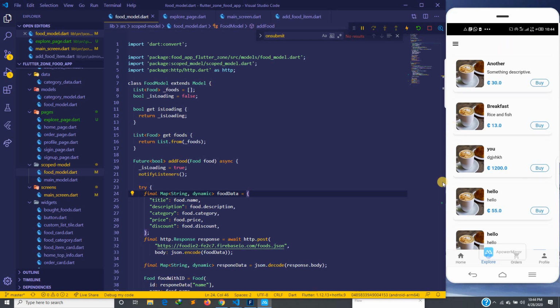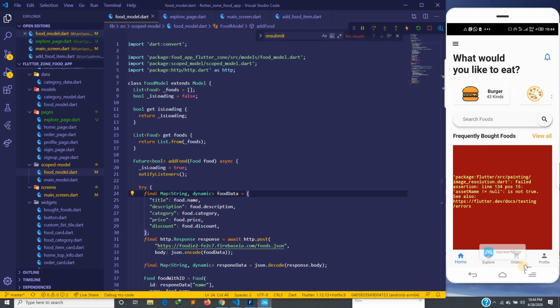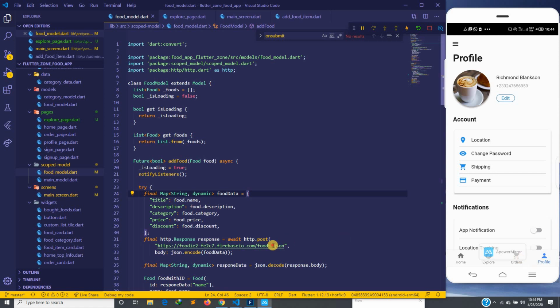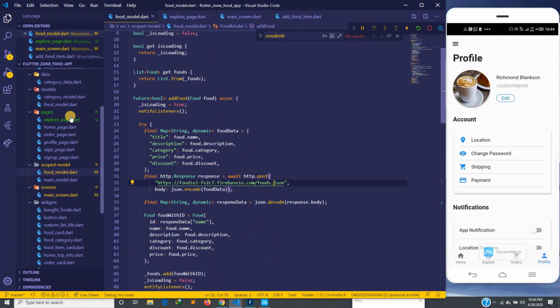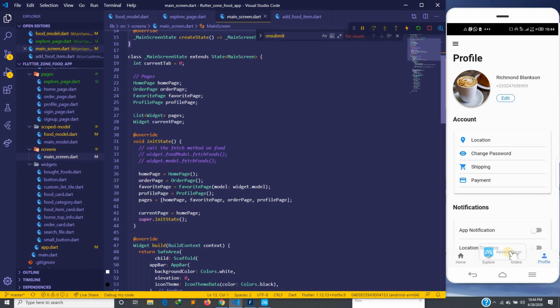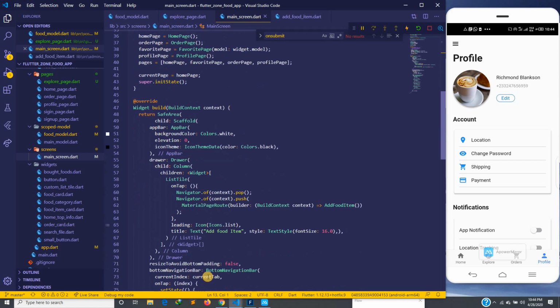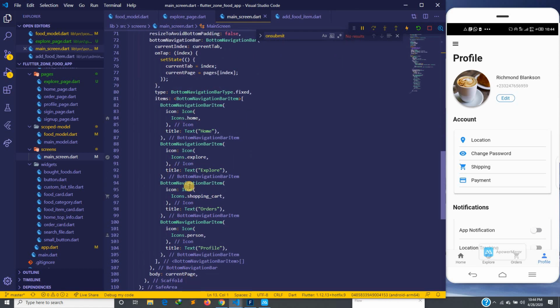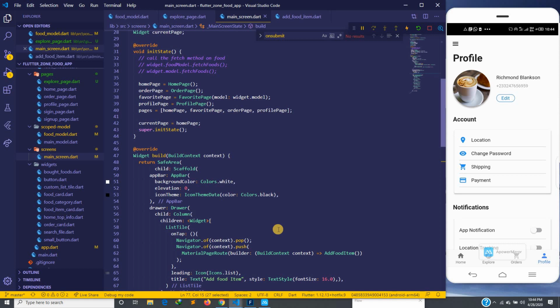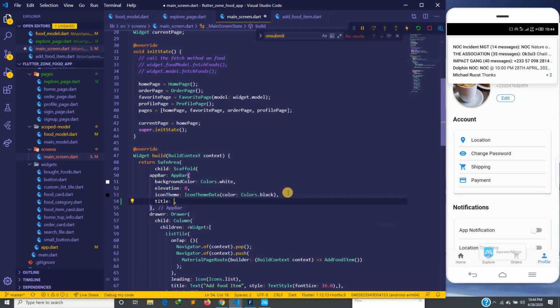So what I'm going to do now, first you can see that we don't have any title in the app bar. You go to the home, you don't have anything there, you come here too, you don't have anything there. So I'm going to quickly go into the main screen. The main screen is the screen containing all the four screens, between the bottom navigation, and then we get the current page. We change the pages to the current page and we do the same functionalities. So the app bar is coming from here,